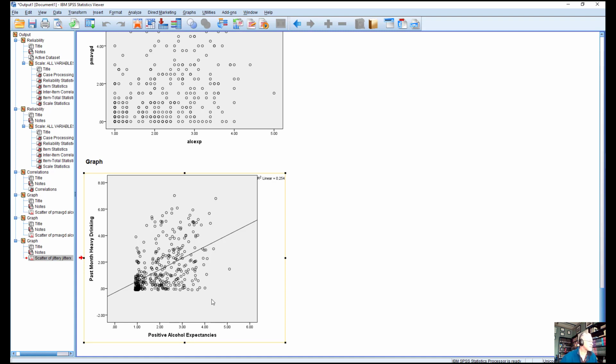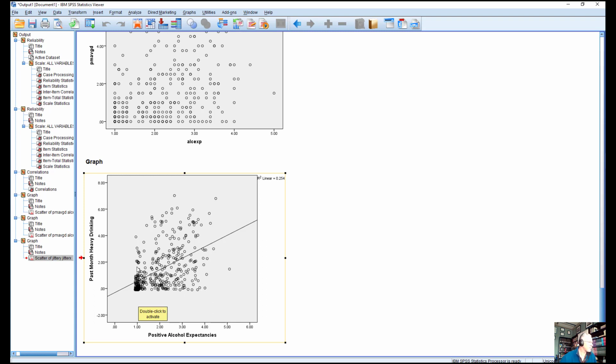You just copy and paste it, and you have a nice graph representing your relationship, showing that there's a whole bunch of people who don't view alcohol as having positive effects and aren't drinking much, and there's a whole cluster of those. And then you have people kind of spreading out, some that have high alcohol expectancies but aren't drinking.